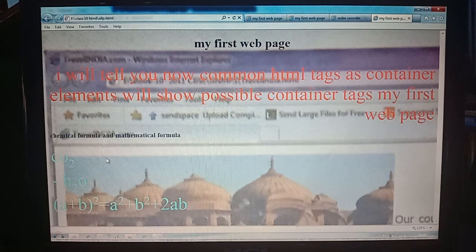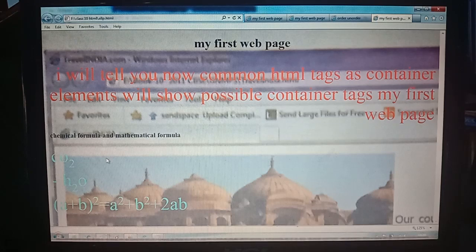After using subscript and superscript, this is one example of a physical tag. Logical tags can also be applied.